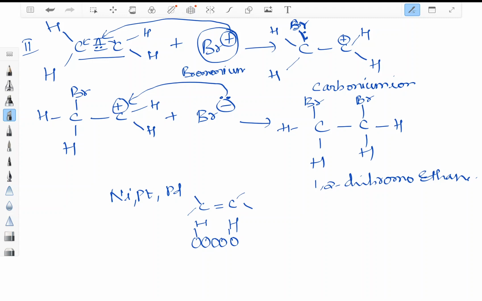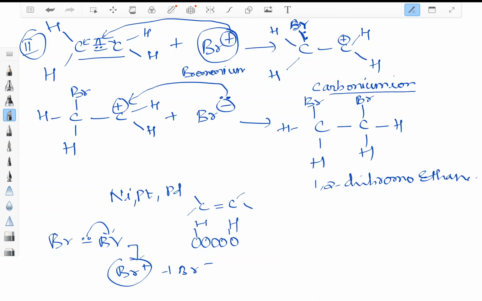Then we went to the halogenation reaction of alkenes. In the halogenation reaction of alkenes, we have seen the ionic mechanism. In the ionic mechanism, if we are using halogen as Br2, Br2 is ionized to form Br plus and Br minus. How? Because sigma electrons get transferred to one Br atom. If two electrons are transferred here, this leads to the formation of Br plus and Br minus. This Br plus participates in the second step, where it tries to bind with the pi electron cloud and bonds to one of the carbons and leads to the formation of a carbonium ion.